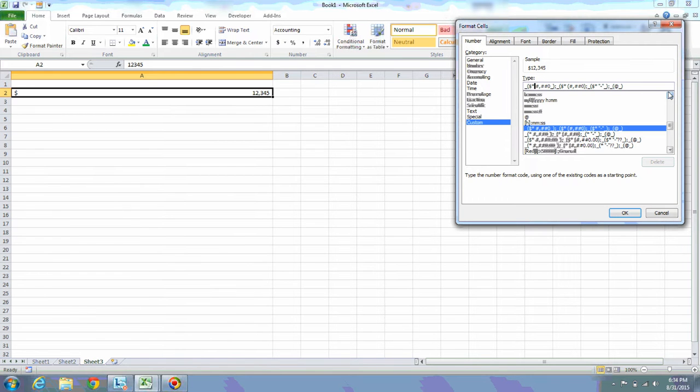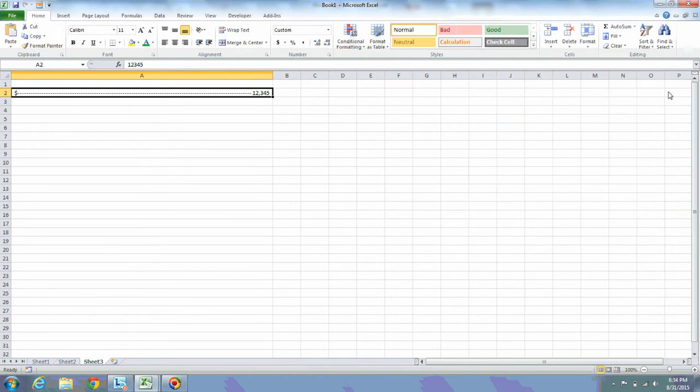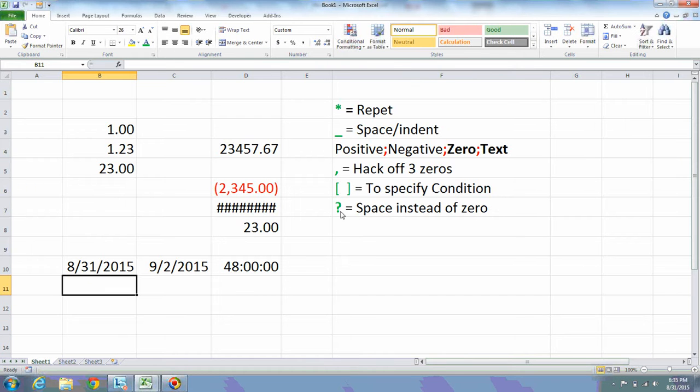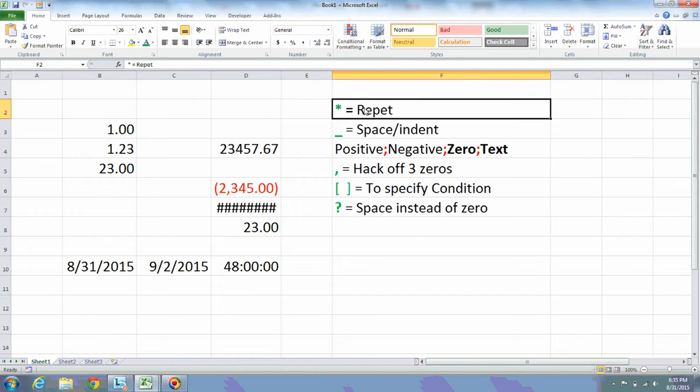In place of the space, if you type a hyphen, then it will give us something like this. See, there is a hyphen which is repeated. So now you might have understood the meaning of this star mark. The star mark helps to repeat the value. So these are all the different custom formats which are available. However, let us see